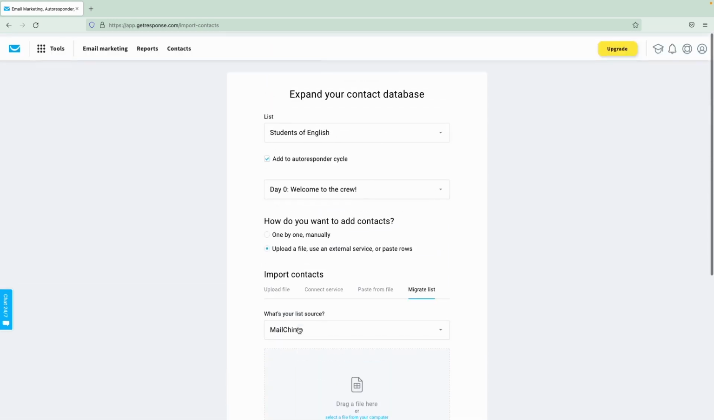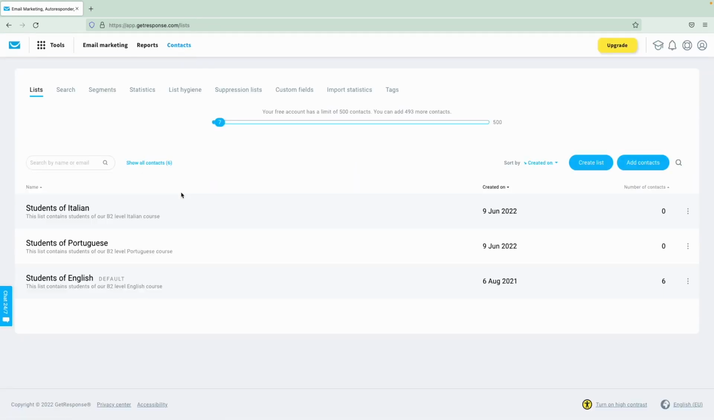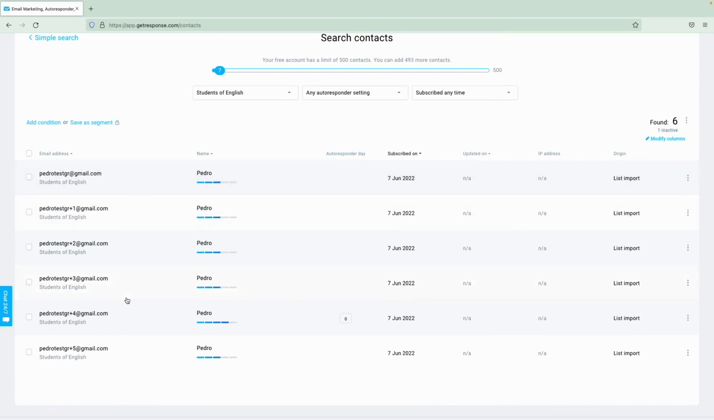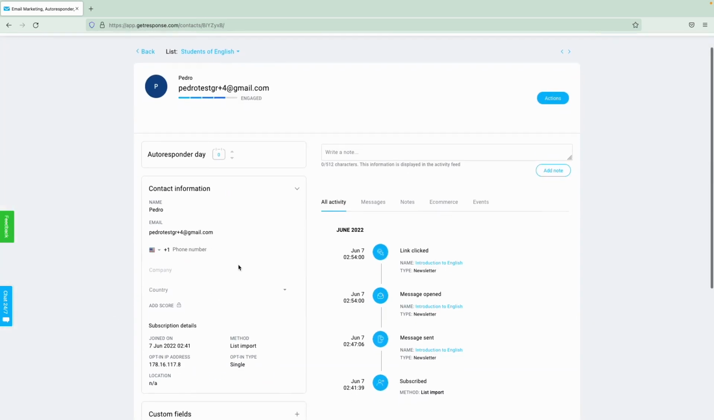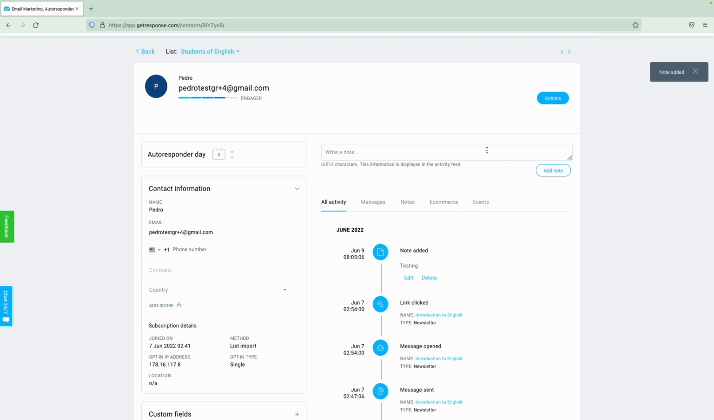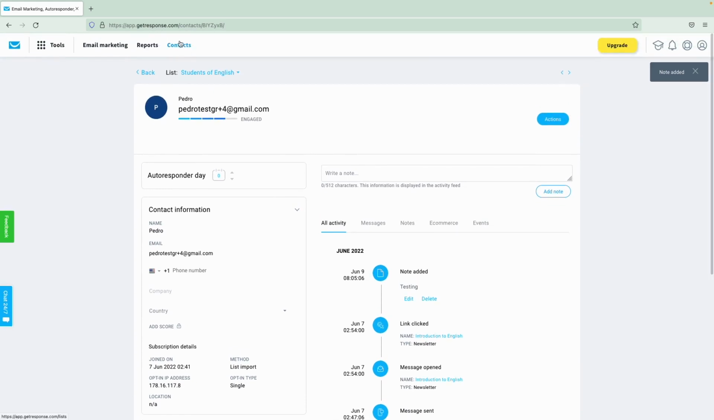Let's now go back and see how you can check your contacts. Click on the list and then on any of the contacts. You will be taken to the contact's card, and here you can find the contact's activity, information, and you can even leave a note on their feed. Based on the contact's information and activity, you will then be able to segment them. Allow me to exemplify by searching for contacts that are